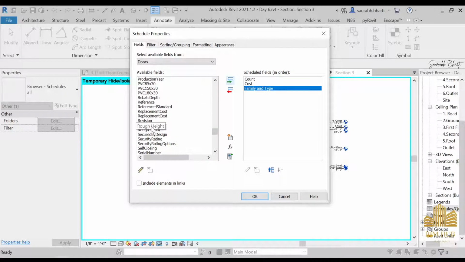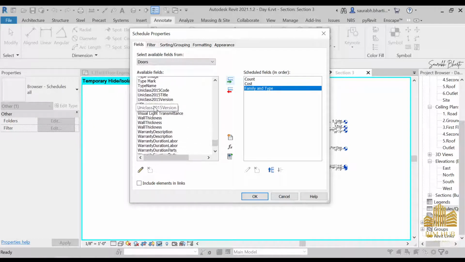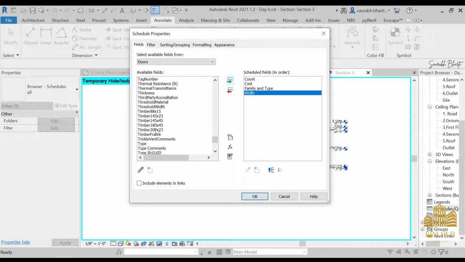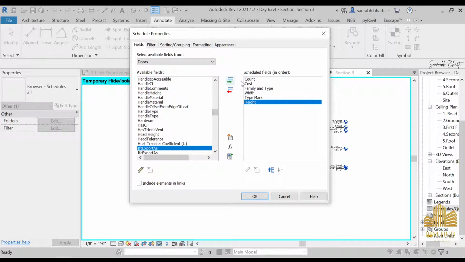And if you want width and height, you can also do that. This is size. Okay, width, if you want to you can select it. I was searching for type mark. Where is that? Yes, this one. And if you want to select height, just select it from this place. It will be here somewhere. Yes, this one. And then